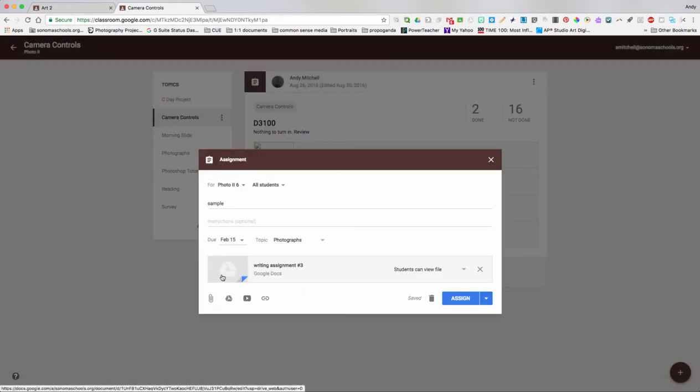Students will be writing on this document. Here's how I assign it. I can give it to students to view only. They can't edit it. They can just see this blank document. Students can edit the file. In this case, every student I assigned this to could edit that file. And then finally, this one here, make a copy for each student. That's what I want to do. That's what they'll turn in a little bit. So I'll assign it,